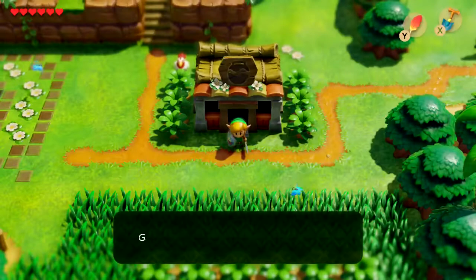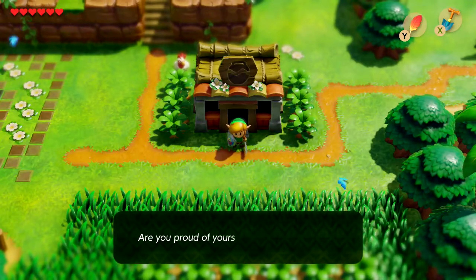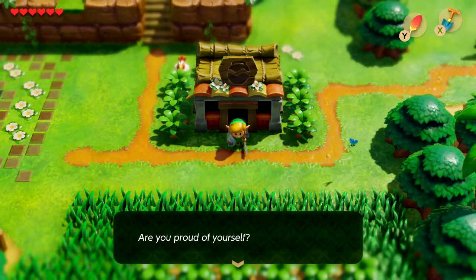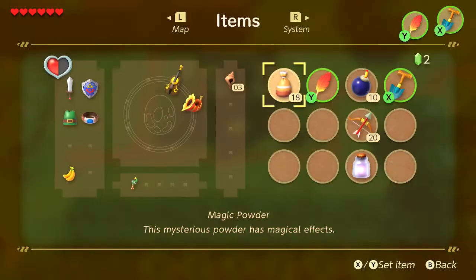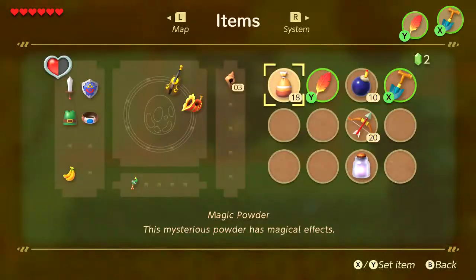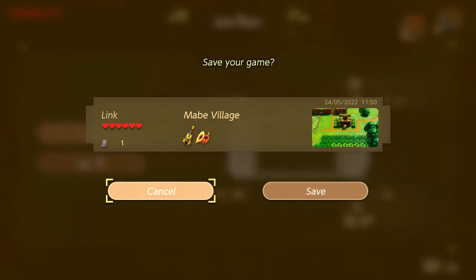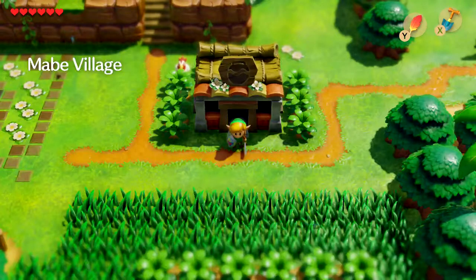We stole. Guess what? You got it for free. Are you proud of yourself? I mean, I can be, if you want me to be proud of myself. So yeah, we just got the bow and arrow. Now, that's a good thing that we got that. But,